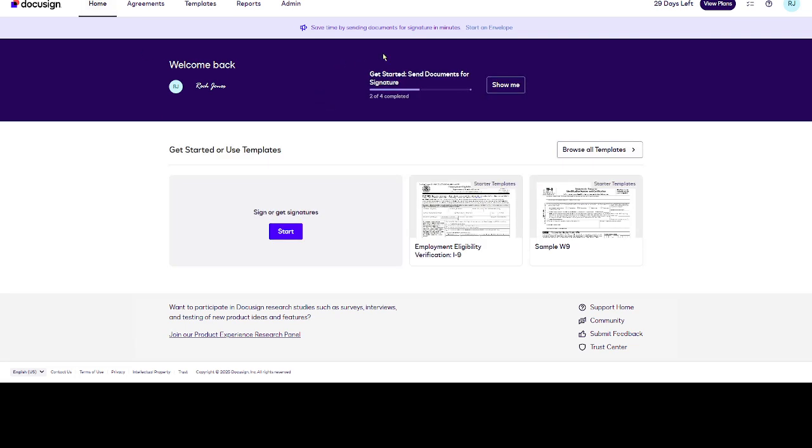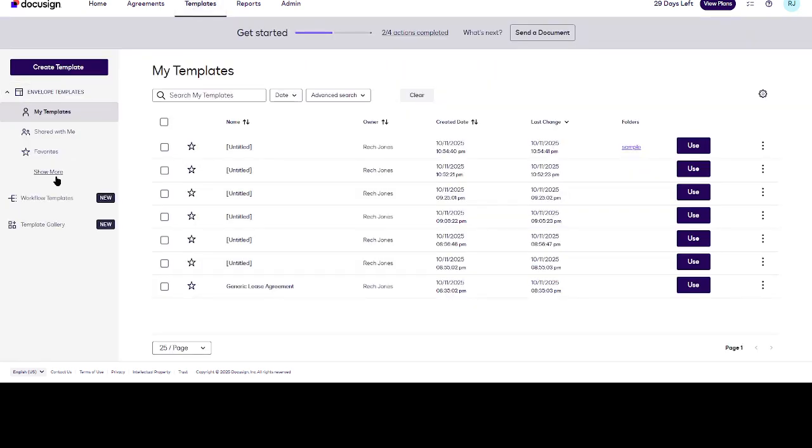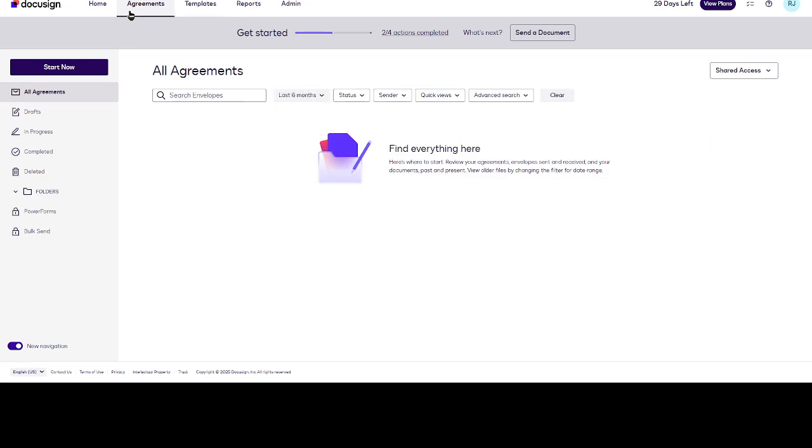With your template ready to go, it's time to access the bulk send feature. This function is designed to help you send out envelopes to multiple recipients in one go, rather than having to send them out individually. Navigate to the bulk send option on your dashboard, and when prompted, upload the CSV file